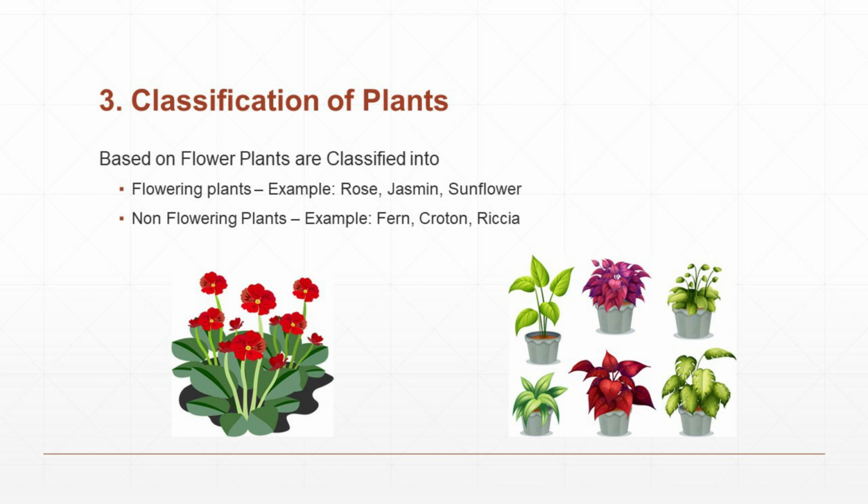Next, let us learn some classification of plants. Based on flowers, plants are classified into two main groups. One is flowering plants and the other is non-flowering plants. In the picture you can see a lot of flowers arise from that particular plant. So this is a flowering plant. Another one is non-flowering plant. In these plants no flower arises, so they are called non-flowering plants. Next one,